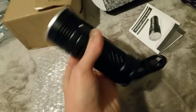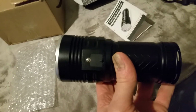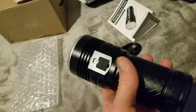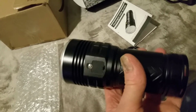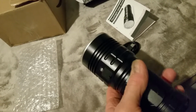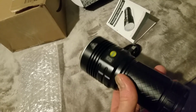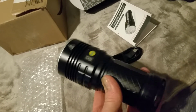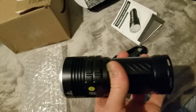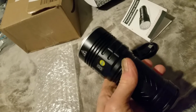And they say that it actually gets hot during use, but it doesn't get hot. It gets warm. So if you happen to be using it on a cold night, or the air's cold outside, the actual torch will keep your hand warm. I found that out today, and it was quite a nice feeling, keeping my hand warm rather than having to use gloves. But